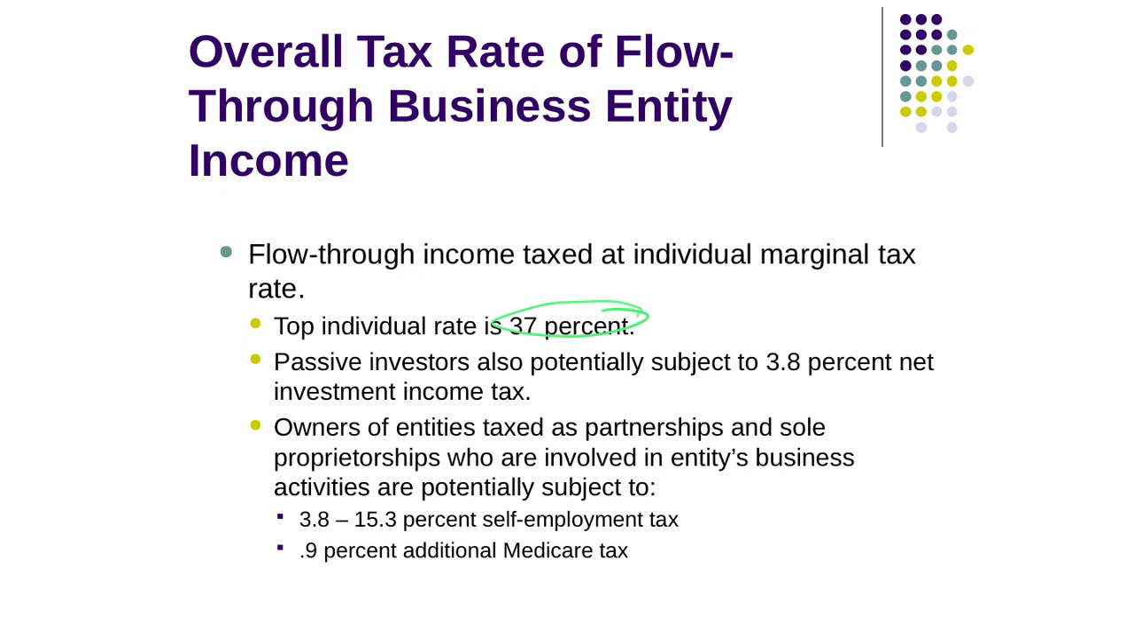Other potential taxes that could happen: passive investors, if that would apply to someone, could potentially owe a 3.8% net investment income tax. On top of that, owners of entities taxed as partnerships and sole proprietorships who are actively involved in the entity's business activities are potentially subject to 3.8 to 15.3% of self-employment tax